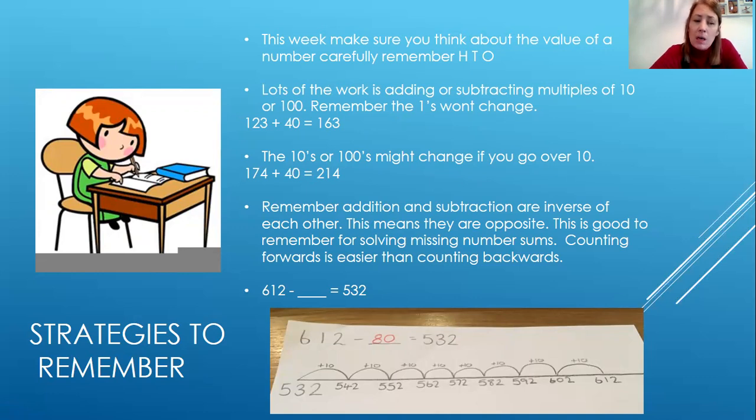So if you have a sum like the one I've got written below, I've worked out the answer by counting on instead. I've started at 532. I've noticed I've got to get up to 612. They've both got 2 ones, so I counted up in steps of 10 to work out the missing number, which